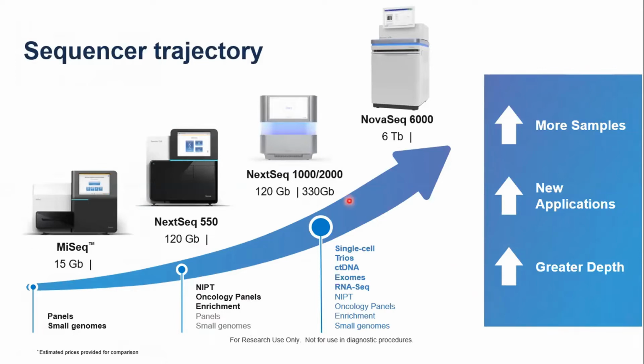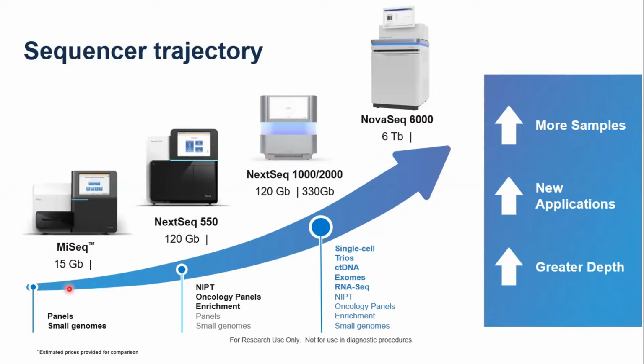And if you could, I could give you the output options in terms of number. This is from 1 GB to go up to 6 TB output. So you don't get confused with the output options. But the difference is, when you go from smaller to bigger platforms, what it gives you more. It can put more samples into it. It gives you newer applications to try on, and also there are options to go to a greater depth.